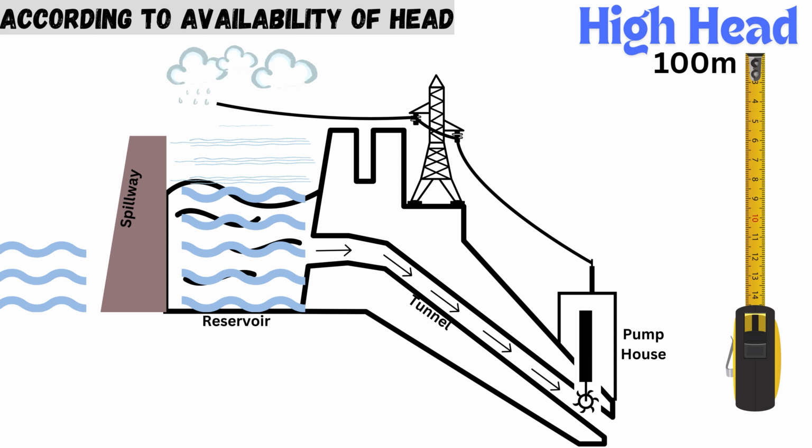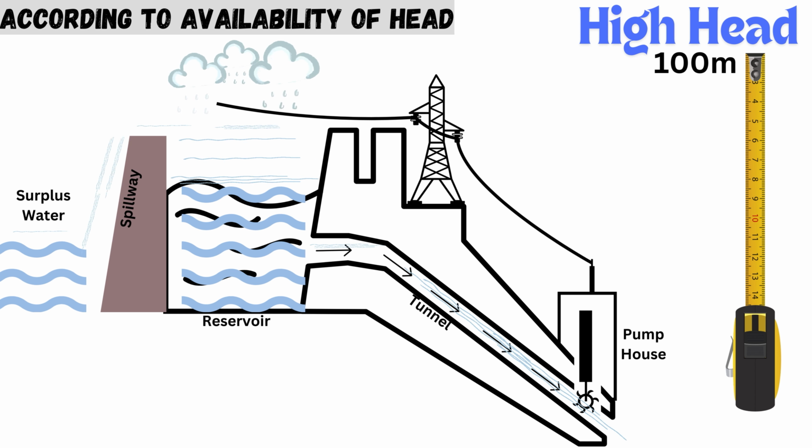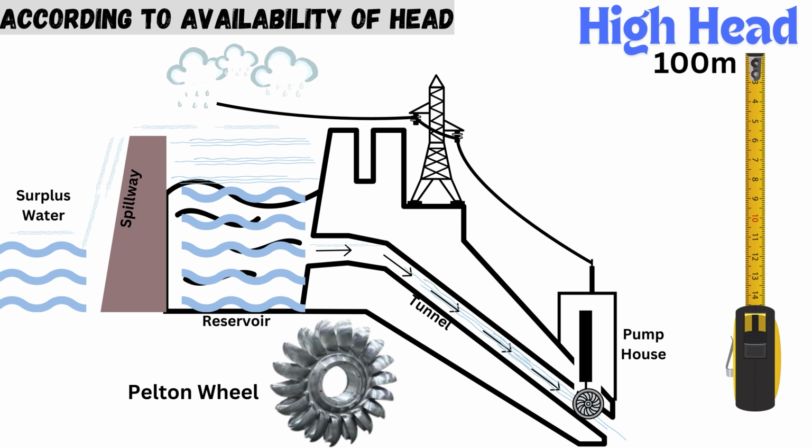Water is usually stored up in the lakes on mountains during the rainy season or during the season when the snow melts. Surplus water is discharged by spillway. The tunnel through the mountain has a surge chamber. Flow is controlled by head gates at the tunnel intake. The Pelton wheel is the common prime mover used in the high head power plants.